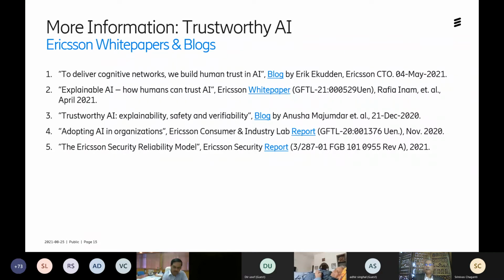So I stop there, and thank you again for the opportunity to tell you a bit about artificial intelligence and machine learning in the telecom infrastructure, how it is transforming our industry, and